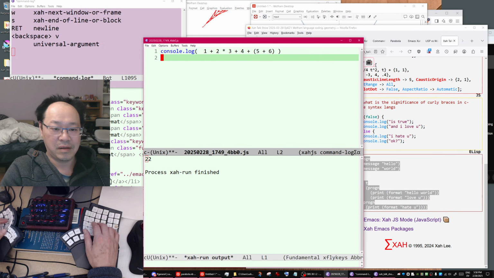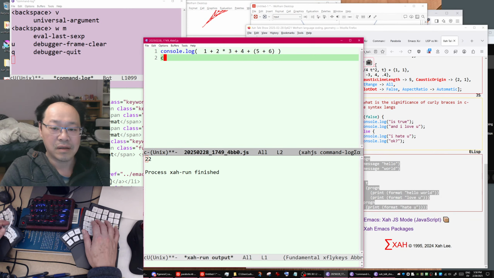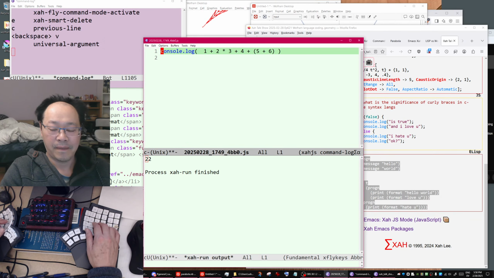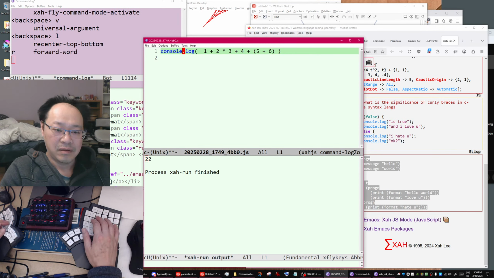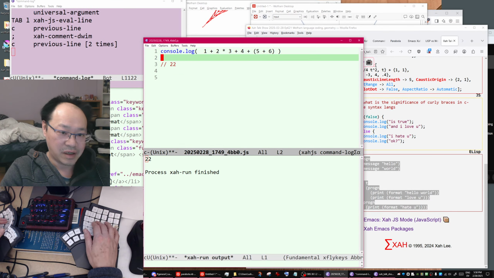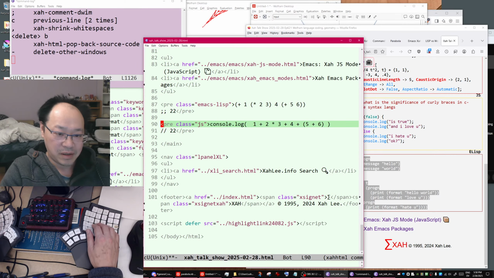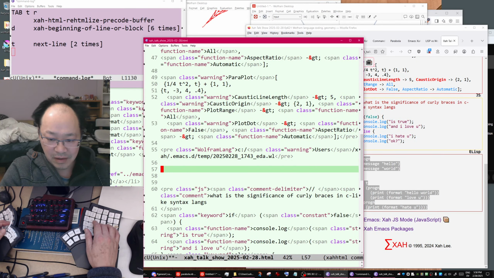So run it. There it is, 22, okay. So that's JavaScript. Now color demo, actually we made a mistake.